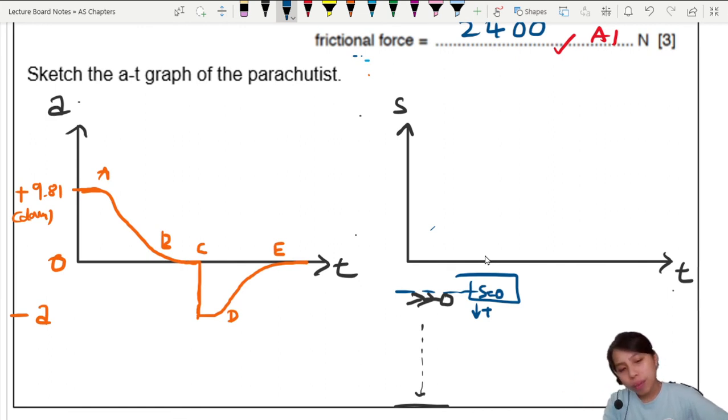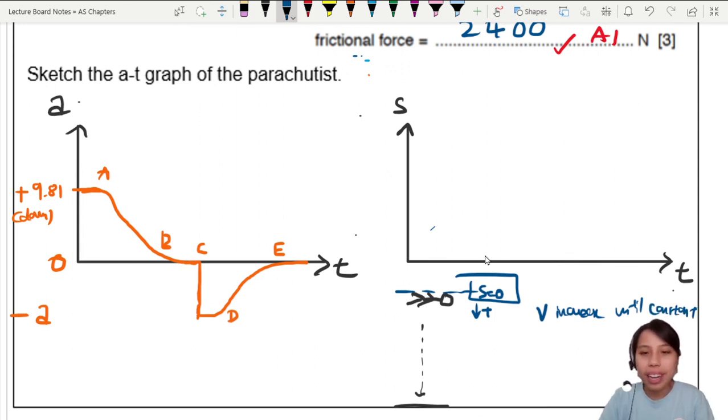So in the beginning, your velocity increases. So V increases until constant terminal velocity. So I could maybe draw something like this and then constant. How do I know it's constant? I try to draw a straight line. Oh my goodness, it's so hard to draw. Okay, imagine this is a straight line. So increase until constant. Then, when you open the parachute, the V decreases